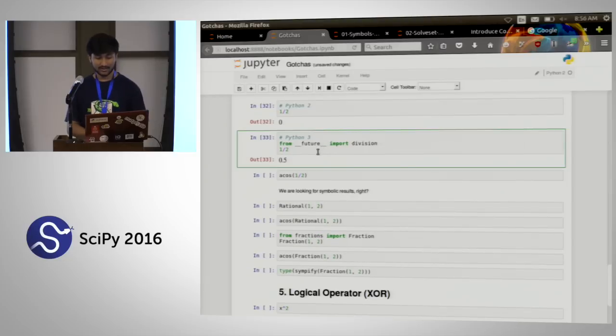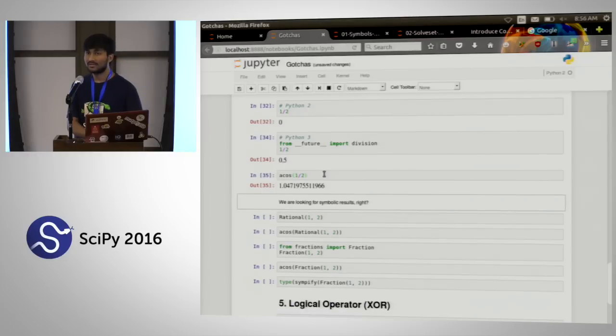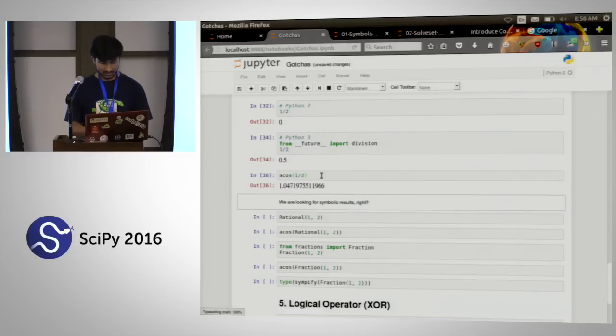In Python 3, you'll get this 0.5. And if you still want to call this acos with 1 by 2, you will still not get the symbolic result, though you are passing it into a symbolic function, SymPy's acos. The reason is it will not give you the symbolic result because the input is a float. If you're passing in a float as an input, it will think that you need a float result. So if you want the symbolic result, what you can do is